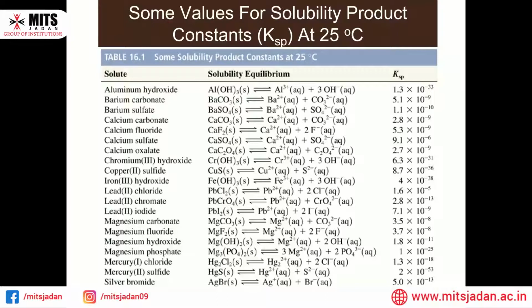Now in this table, some specific values for solubility product constants at 25 degree centigrade temperature are given. So you can easily find the value of the solubility product constant KSP from this table, as well as how these solutes dissociate to give cations and anions in the aqueous solution, and their respective solubility equilibrium is also represented in this table. In this manner, you can also find the solubility by using our previously derived expression that is applicable for all varieties of electrolytes. Simply putting in the oxidation states of the respective cations and anions, one could easily find the solubility at 25 degree centigrade temperature.